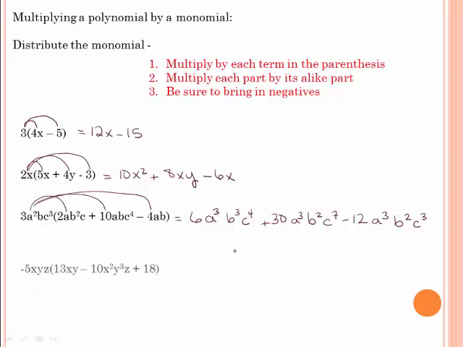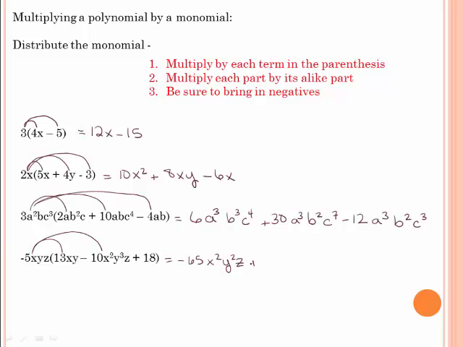And we need to be sure, if we are multiplying with a negative outside, that we multiply by a negative. So I have negative 5 times 13, which will give me negative 65, x times x, which is x squared, y times y, which is y squared, z, you can't leave those behind, negative 5 times negative 10 to give me positive 50, x times x squared gives me x to the third, y times y to the third gives me y to the fourth, z times z gives me z squared,